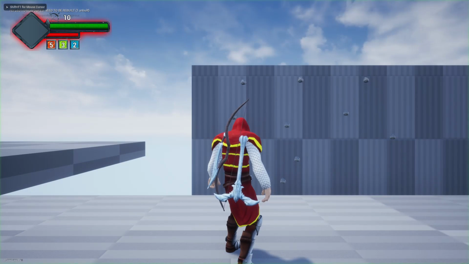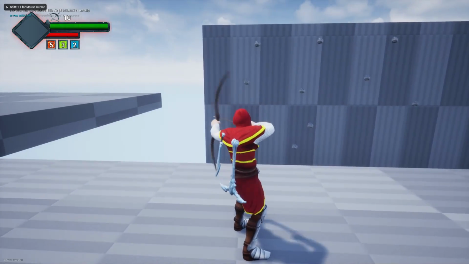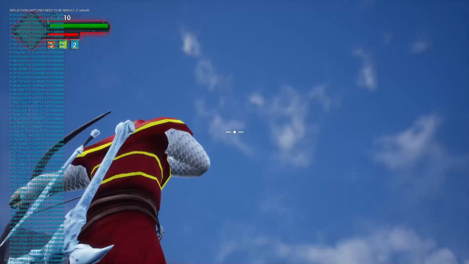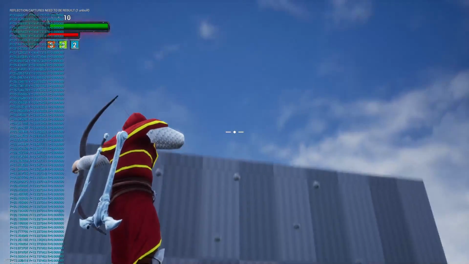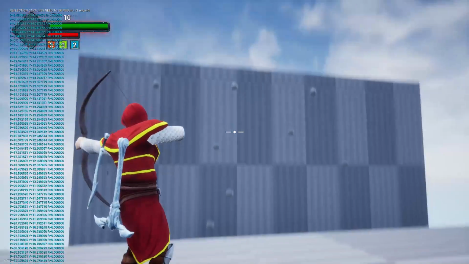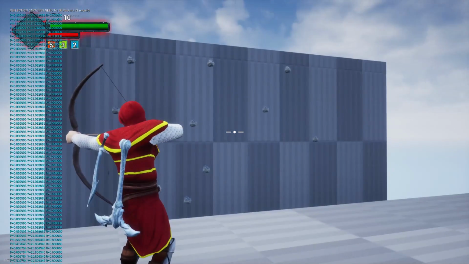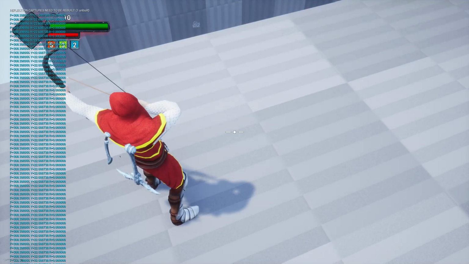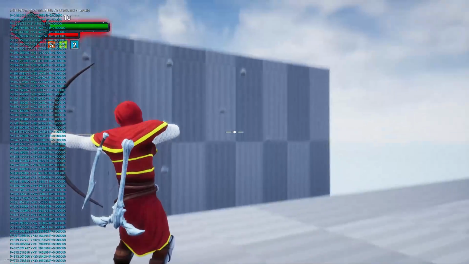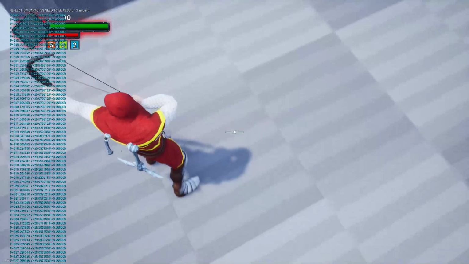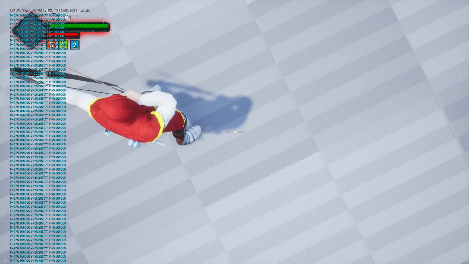Okay, and play. Now you can see when I look up, it goes from 0 to 90, right? And when I look down, I'm talking about the pitch value here, alright? It's not going from 0 to minus 90, it's going from 360 to 270.